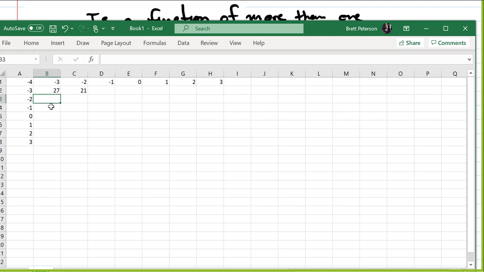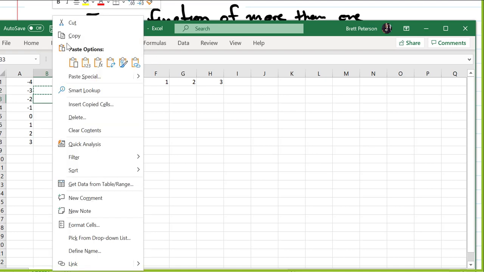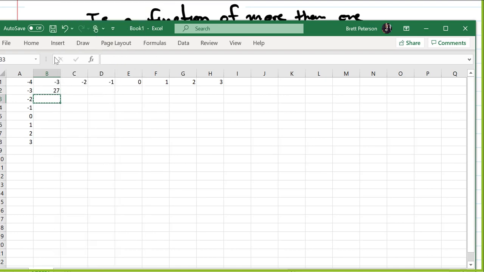So let's go back up and edit our previous formula again. This time we're going to put the $ in front of the 1. What that's going to do is force that value to always stay in that top row,